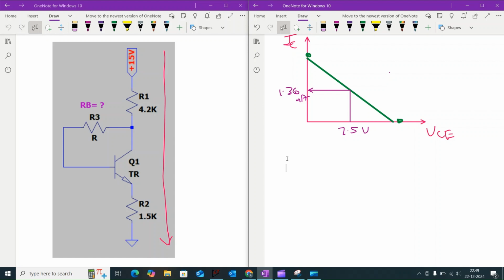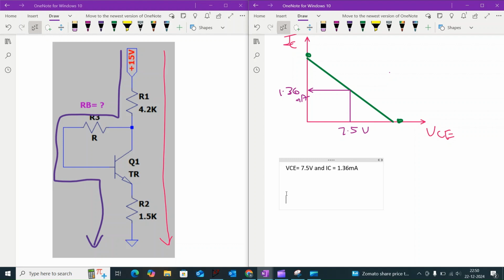For the given circuit, the operating point is such that VCE is equal to 7.5 volt and IC will be 1.36 milliamps. So now we have to find the base resistor value. To find the base resistor value, we have to apply the KVL rule at the input side of the transistor. So when we apply the KVL rule at the input side of the transistor, the expression will be 15